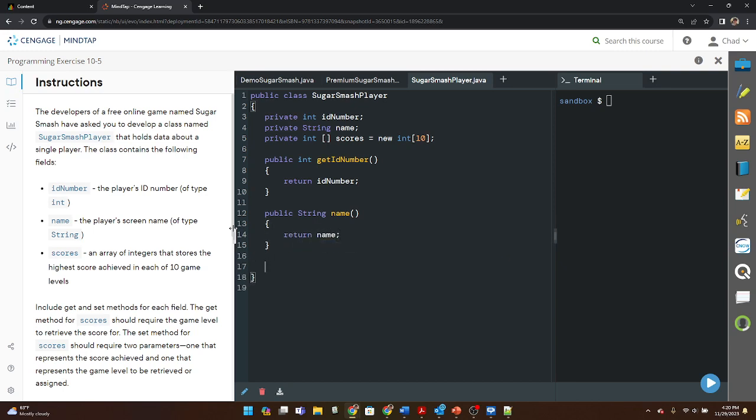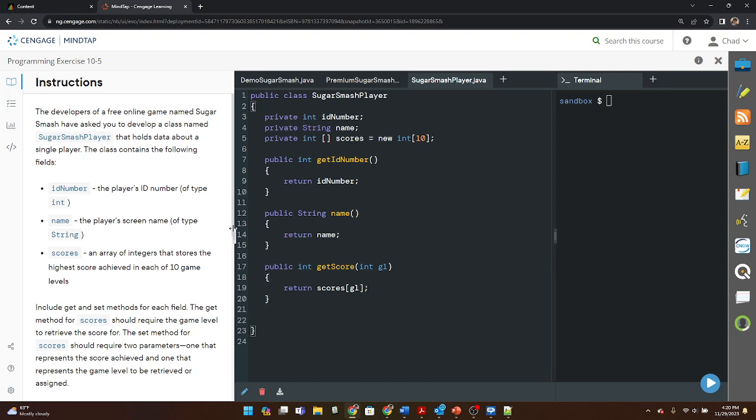And then we're going to say public int getScore, and we're going to pass in a parameter here, and that parameter should require the game level. So we're just going to say int GL, and what we're going to return is scores at GL,